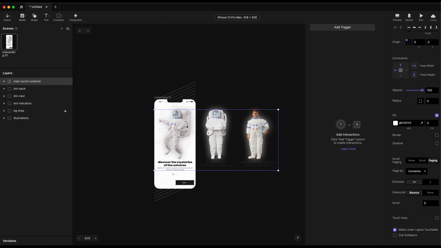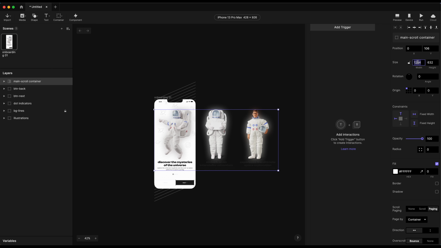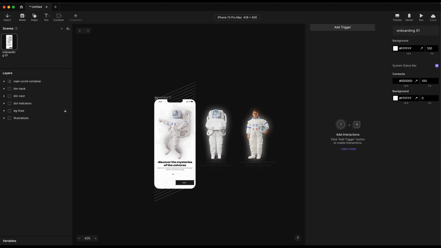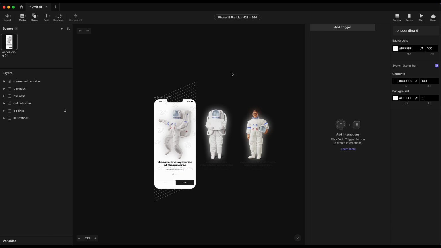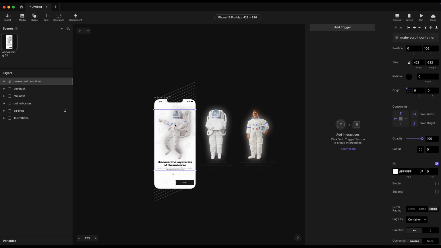We'll go here and we will make our group, this paging container width, 428. You may ask why 428. So 428 is nothing but our frame width. Our frame width is 428. That's why we need to give the paging container size 428. Now if we preview it again,